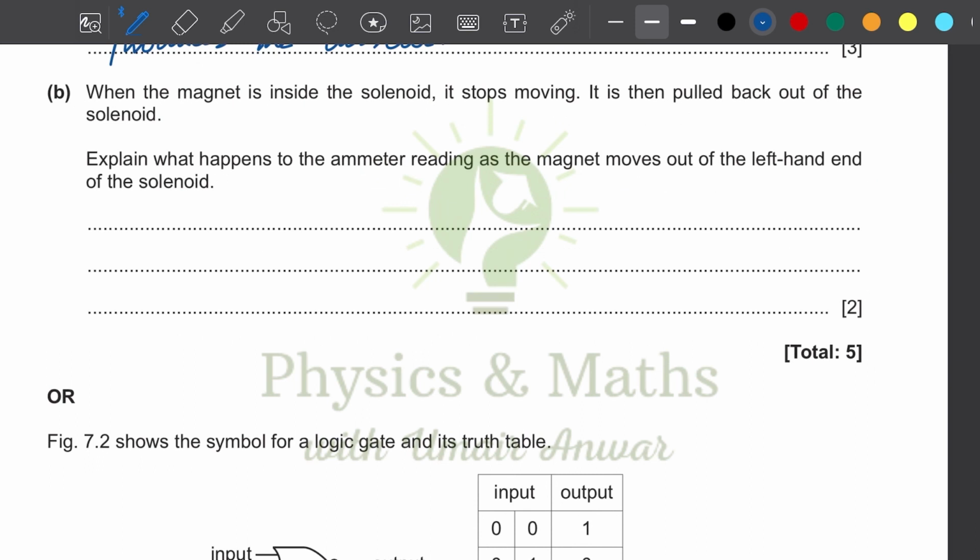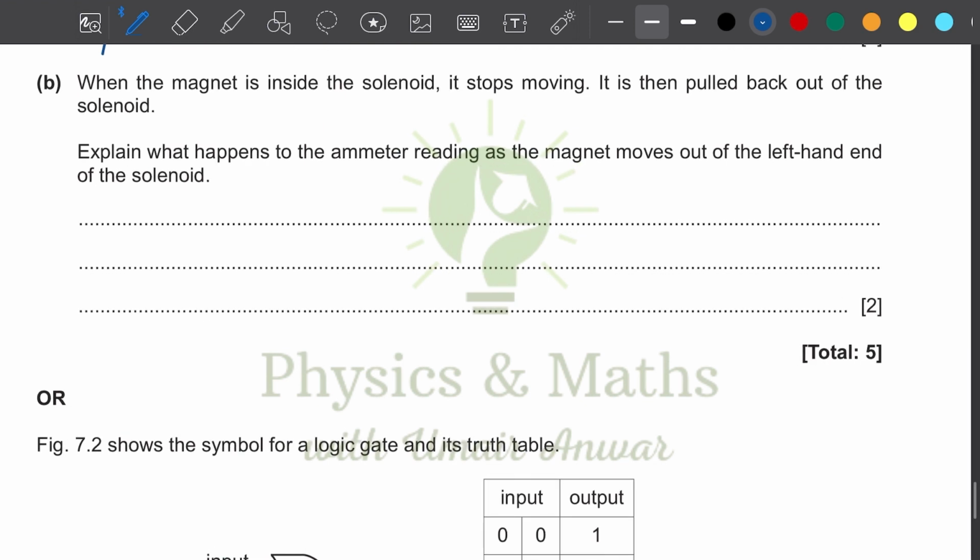It is then pulled back out of the solenoid. Explain what happens to the ammeter reading as the magnet moves out of the left-hand end of the solenoid. So we have a negative reading of current